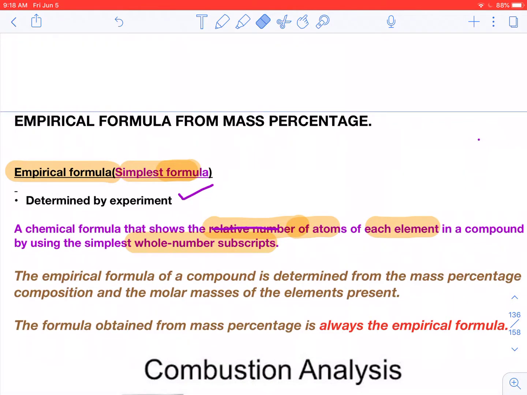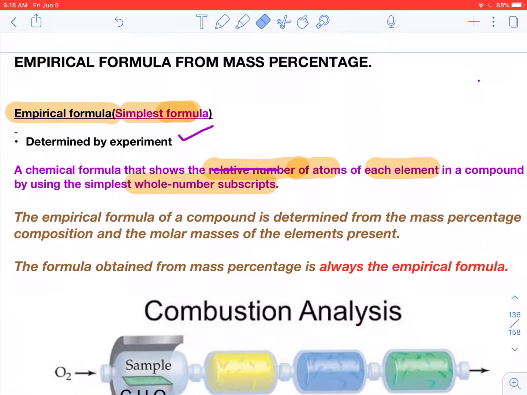So here we have now the empirical formula of a compound is determined from mass percentage composition, and the molar masses of the elements present. So we need to have the molar masses and the mass percentage. Once we know the mass percentage, we need to know the molar masses of the elements in order to work out the empirical formula. Okay, now,